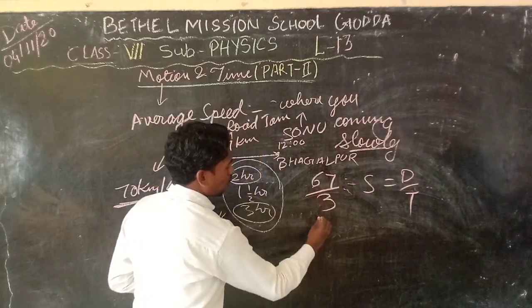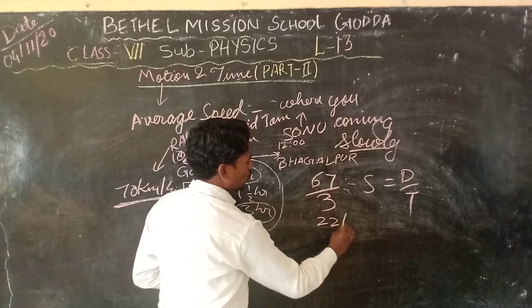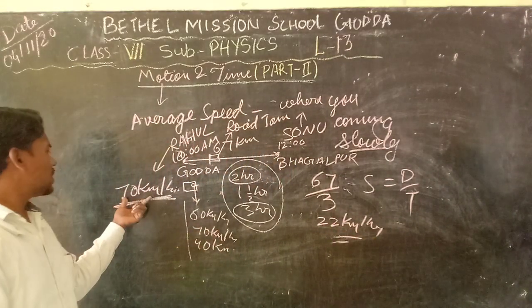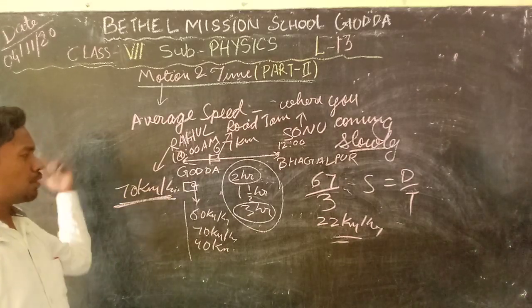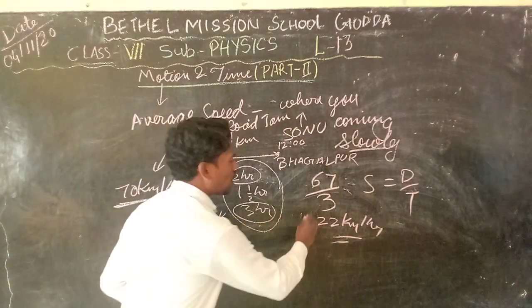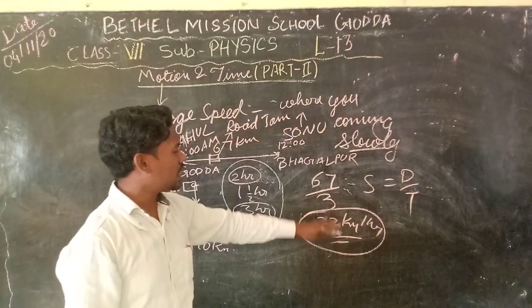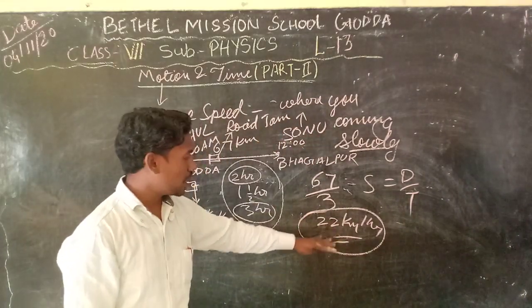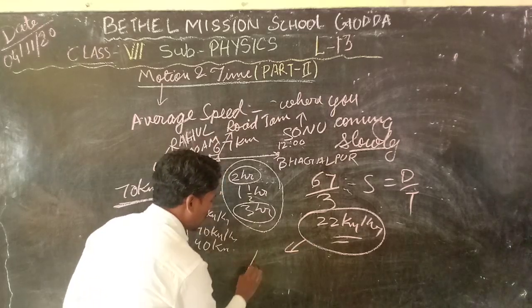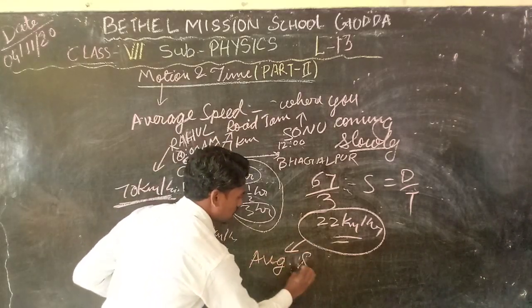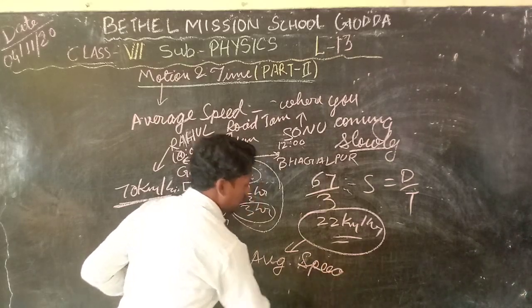Almost 22 kilometers per hour. So this is 22 kilometers per hour, and that is 70 kilometers per hour. That is different. And this is the overall speed. So what Sonu sees, this speed, is called your average speed. What is it called? Average speed. Average speed can be considered